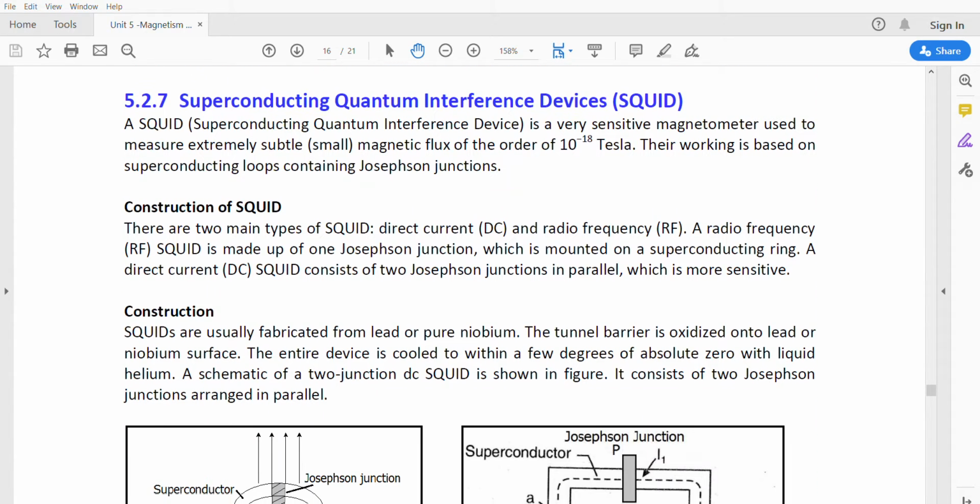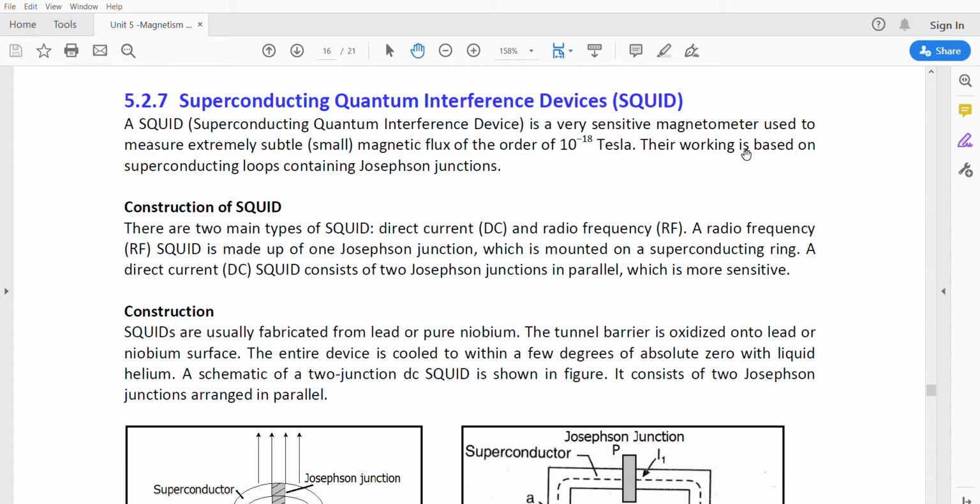So this Josephson effect, next one is the SQUIDs, or superconducting quantum interference devices. These are applications of the Josephson effect, or we can apply the Josephson phenomena in this type of device. SQUIDs are devices used to measure small changes in magnetic flux. So they can easily determine the changes in magnetic flux produced. They can easily measure small changes up to the order of 10 power minus 18 Tesla.